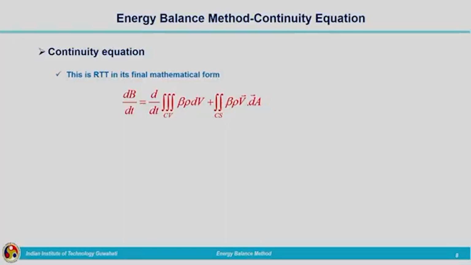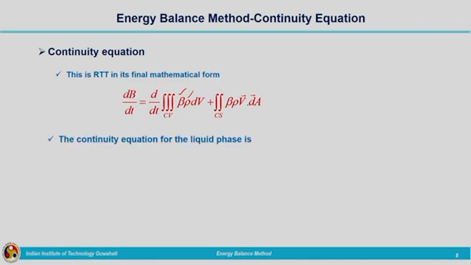On the right hand side, the first term represents the time rate of change of the extensive property stored within the control volume, and the second term represents the net outflux of the extensive property across the control surface. Now, what we will do is substitute for beta and rho. We are dealing with water, so rho is the density of water and beta is the intensive property corresponding to mass